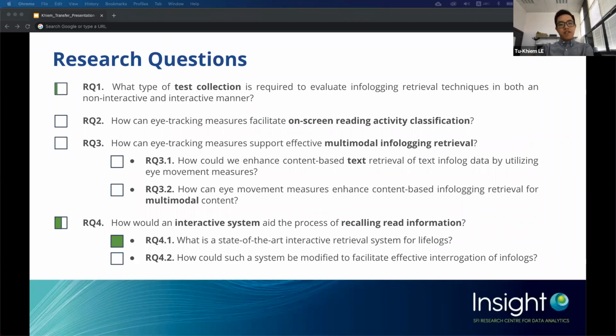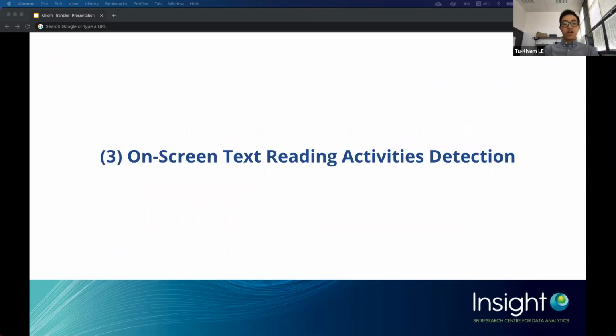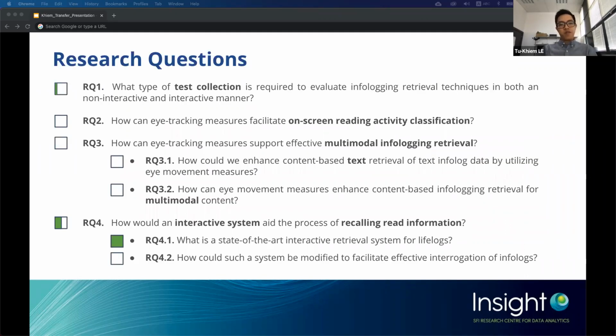The construction of the MAR datasets was similar to Infologging, which I will discuss later. But most of the software developed in MAR can be reused to collect the Infologging dataset. So that partially helps to address research question 1. For the on-screen text reading activity detection, which is part of research question 2,